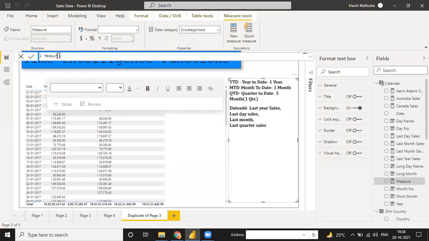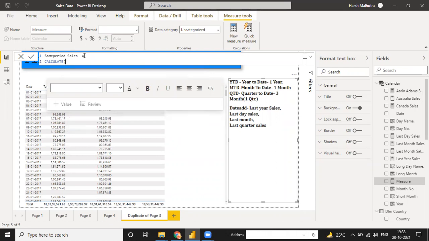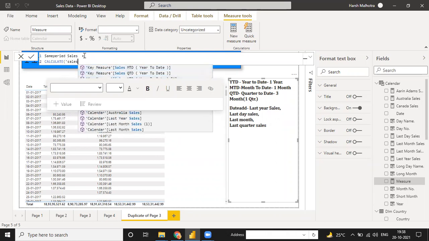Go to this. There is a little bit of difference, but not much. Last year, or you can put it as same period sales, and you can use your same function like CALCULATE, sales.